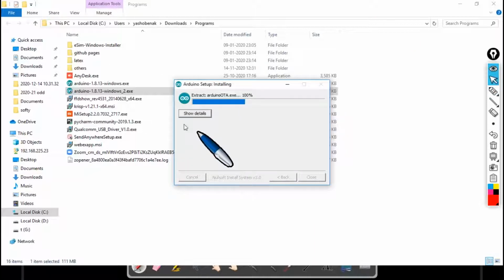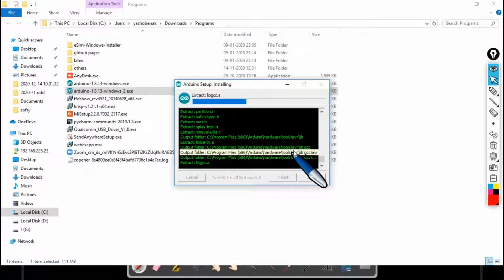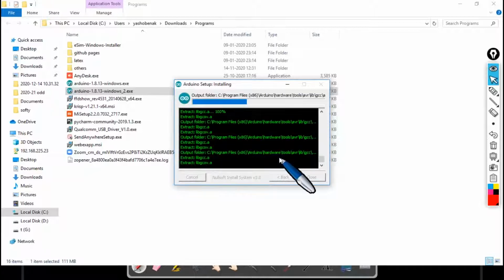You can also hit show details in order to specifically see what all packages are getting installed. This installation process takes its own time, so be patient.